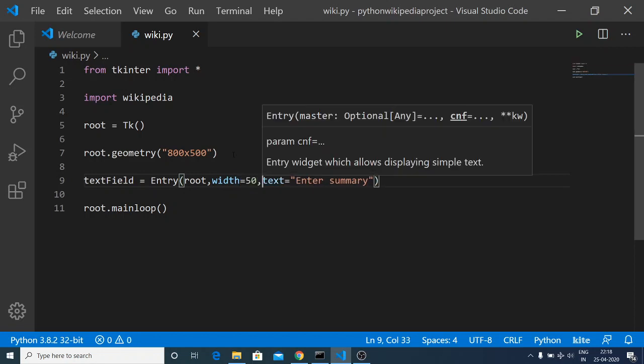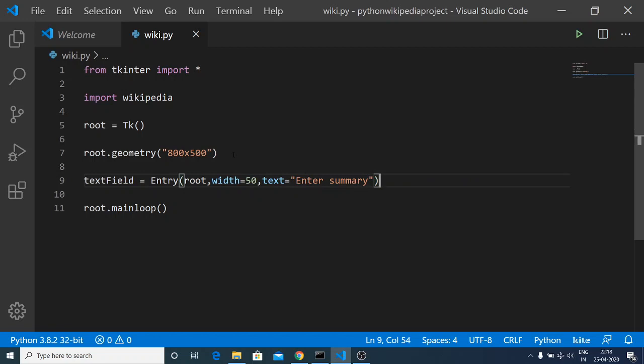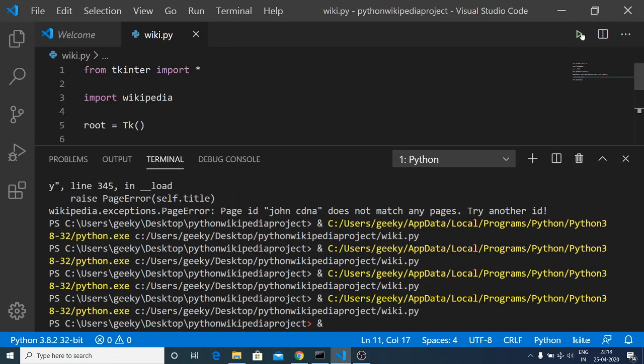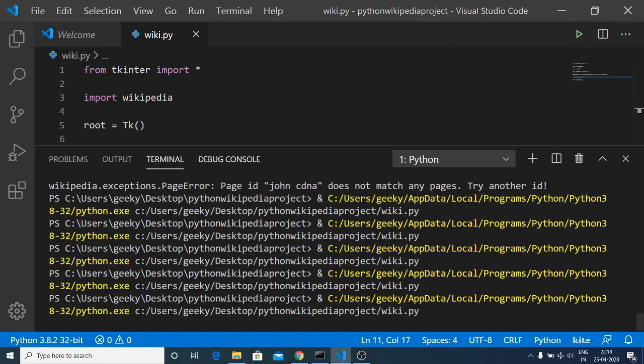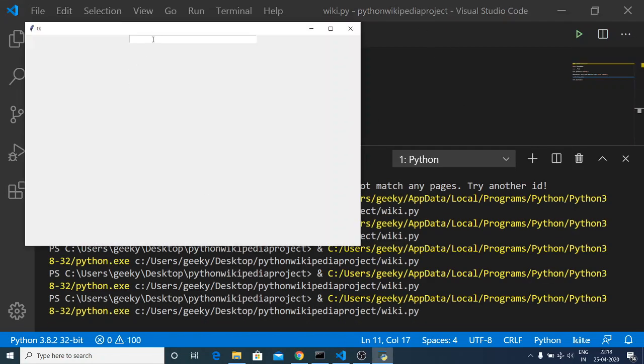I will initialize it to 50 like this. That's it. And now we need to also add it to the screen, so we can just use text field dot pack method like this. So this will add it to the graphical user interface. So if I once again run this, you will see my text field is added here. You can see that the width is equal to 50 like this.